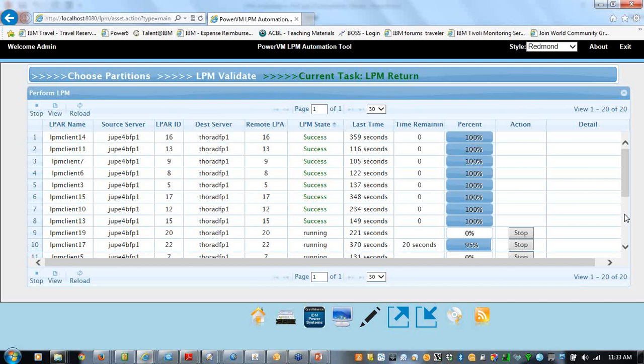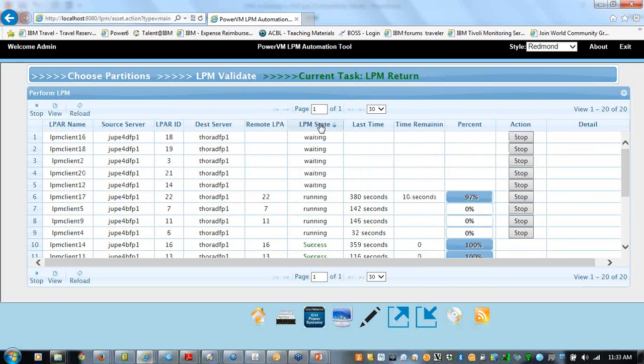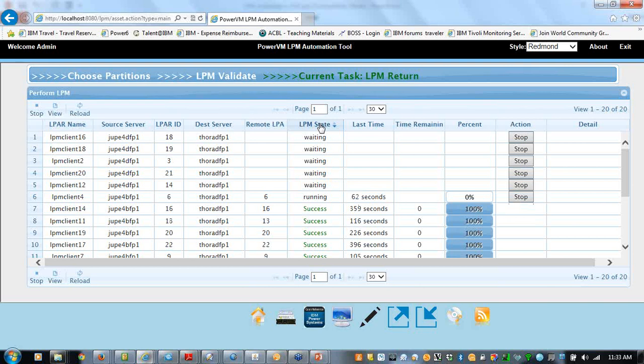One of the other questions was about the movement of memory, Bob, and whether it is moved through the FSP port. But it's not. All the memory and everything is done on the network between the two VIO servers. That's correct. Basically the MSP subsystem in your VIOS has access to the Ethernet adapters in the VIOS, and that's how we send the memory from the source to the destination. If you have 10 gig adapters in your VIOS, you can use them to transfer the data, and you can also use link aggregation.